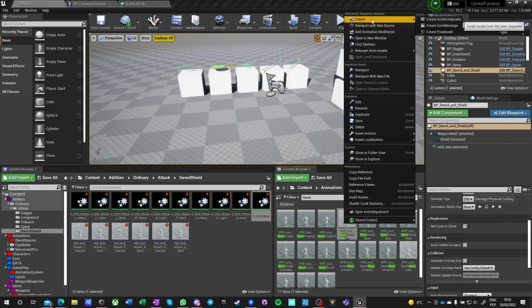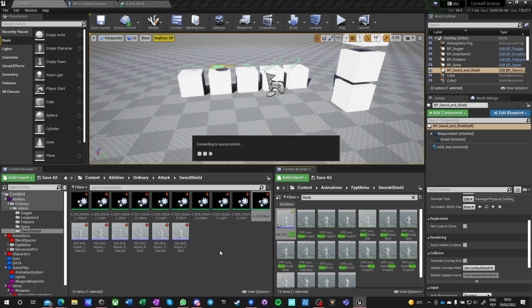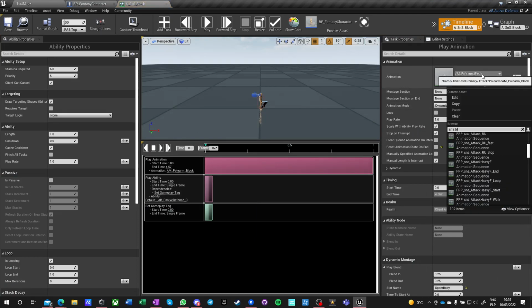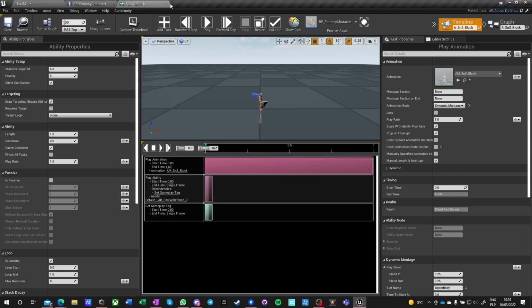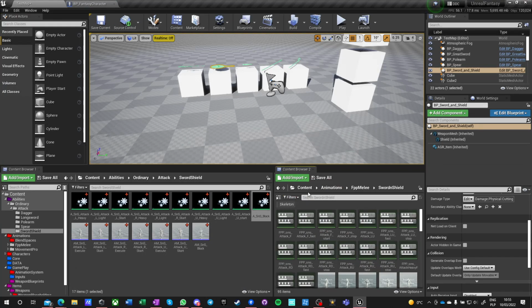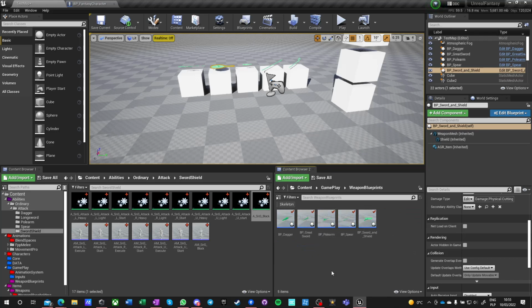Let's make this AM SNS block. This one. Okay. And now we're just going to the items, so into gameplay, weapon blueprints, and we already set up the